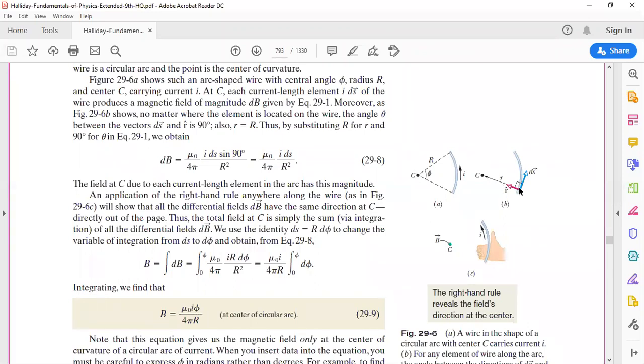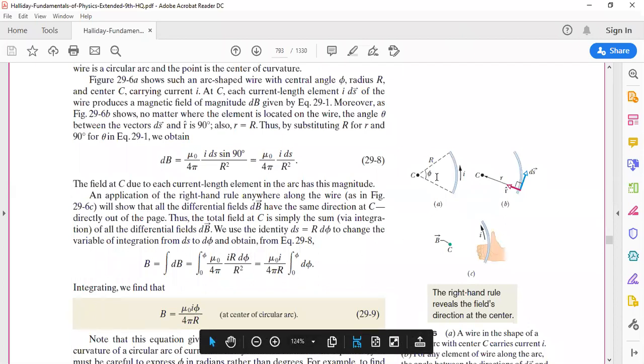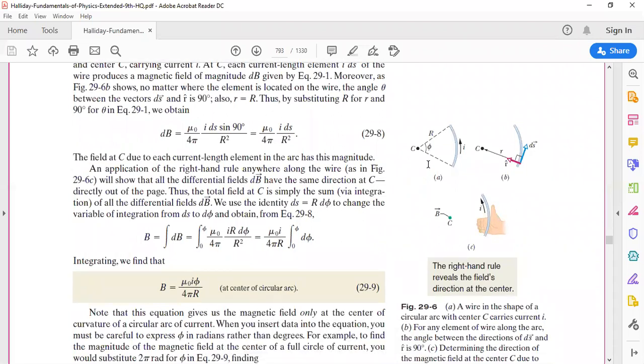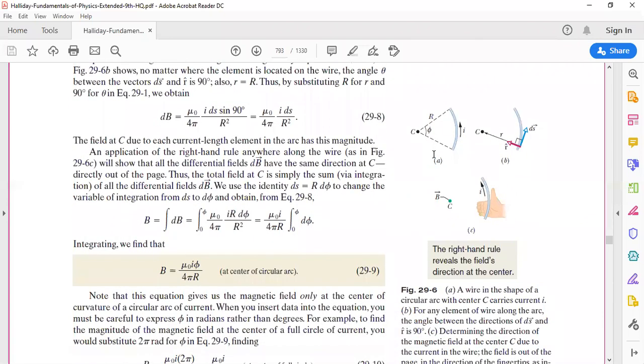So the same procedure is adopted. A small segment is considered over that arc of the wire. Then again using the same technique, because the angle is unknown to us, we don't know how much angle is given, we will generalize the equation. We will derive the general equation from 0 to phi. It now depends upon this angle.